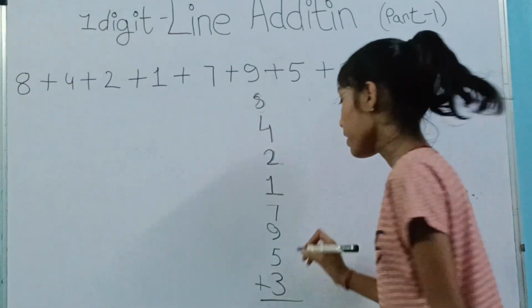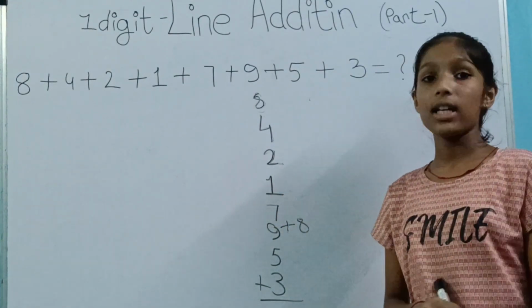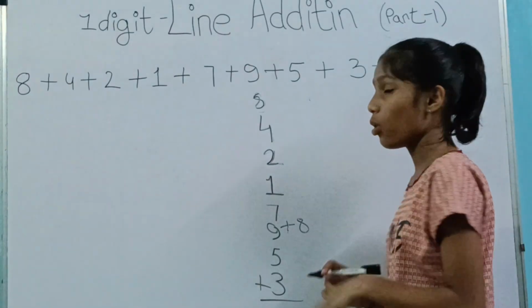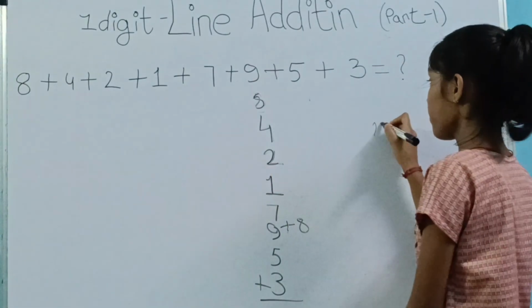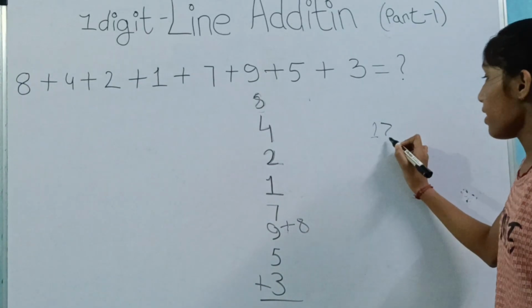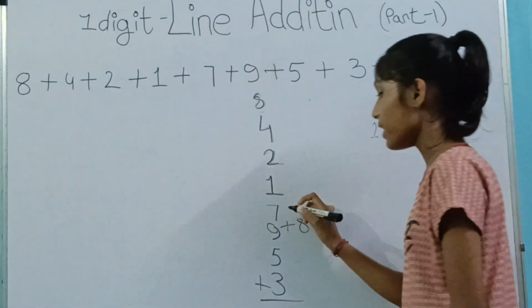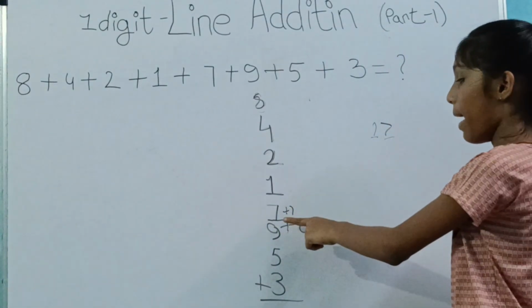Now the next step is to add the 8 with 9. We are getting 17. Now if we check, 17 is bigger than 10, by how many? 7. So as I said, drop 10 and then carry the number which is in the ones place. So 17 is 10 and 7. 17 is bigger than 10 by 7. So we'll add the 7 to this and carry the 10. We are carrying the 10 by making a line.